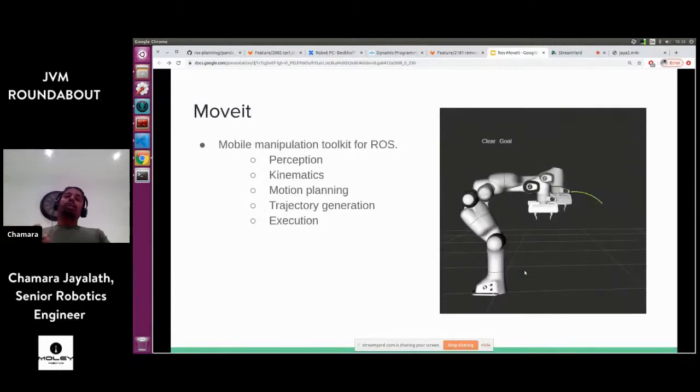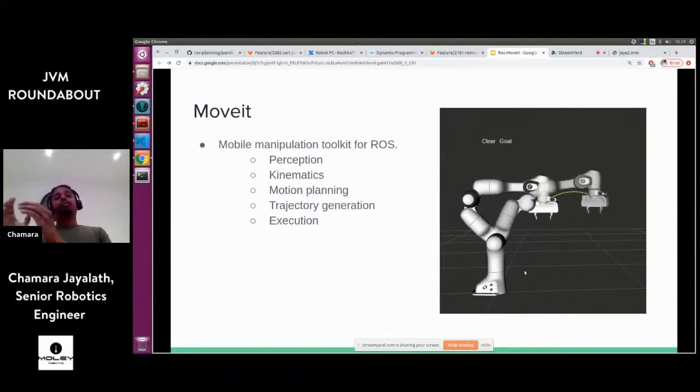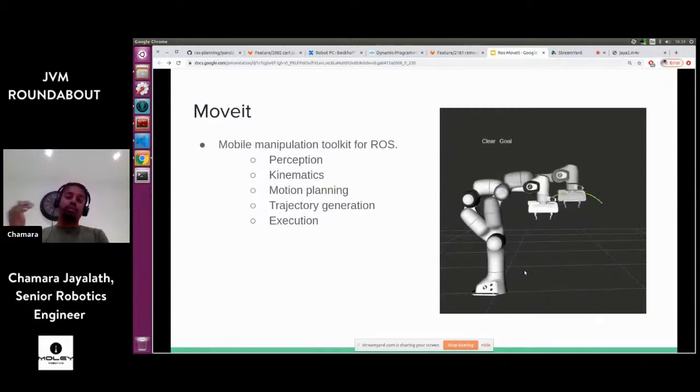So the next thing is MoveIt. MoveIt is a toolkit which is built on ROS, which provides complex algorithms for kinematics, motion planning, trajectory planning, perception, and all these kinds of necessary algorithms for robotic operations. Since MoveIt itself is a ROS node, you can communicate with MoveIt using ROS commands or ROS messages, and can interact with your robot and also use the capabilities from MoveIt to get, let's say, kinematics or the